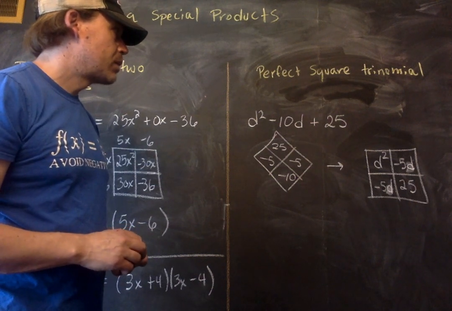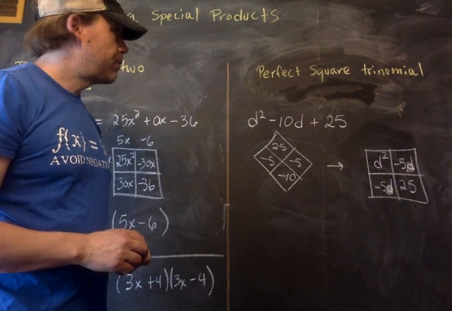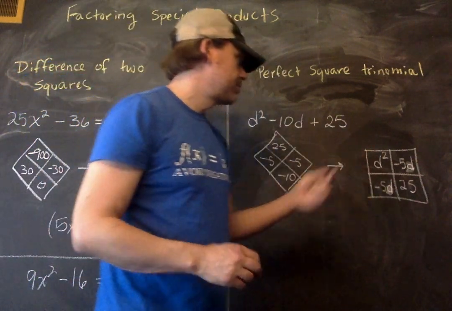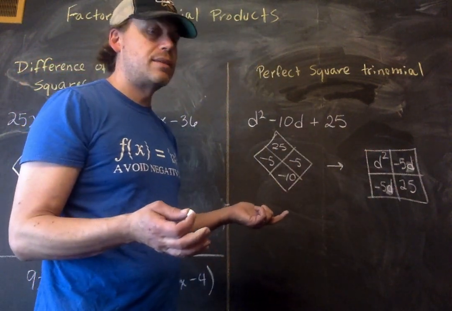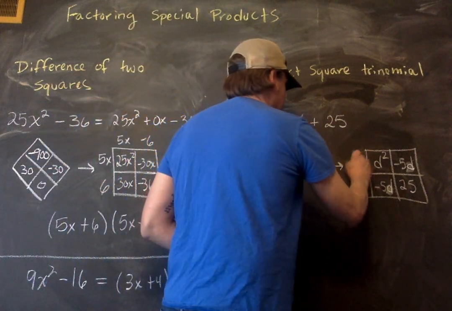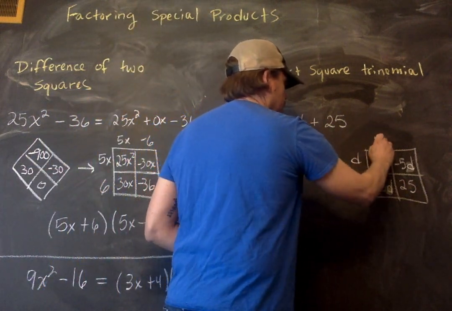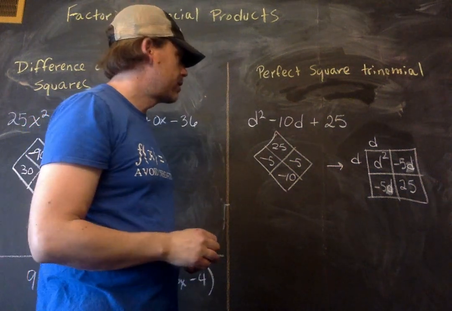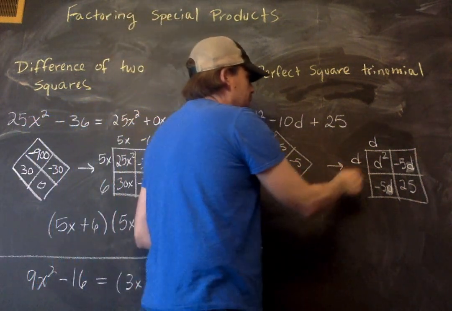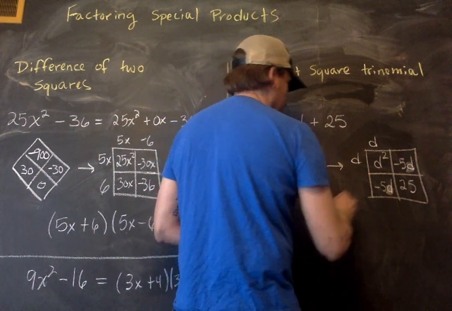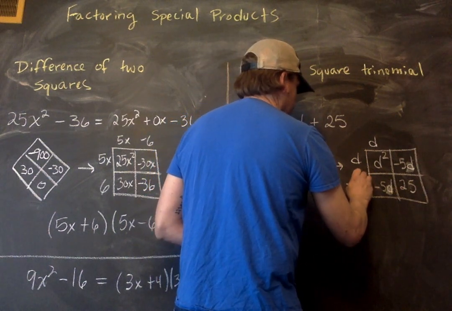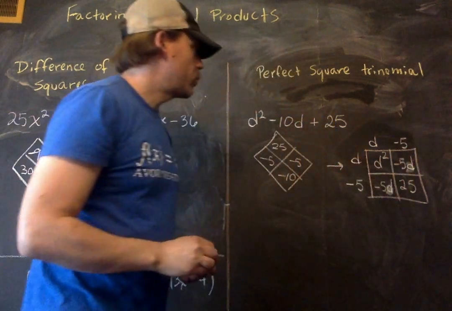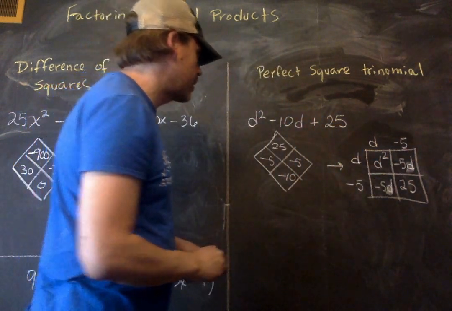Okay. I'm going to factor out a 5. Nope, I can't factor anything out. When I go this direction, I'm just going to put a d. I'm going to put a d here, and going up here, just a d. d times d is d squared. And then what number times d is negative 5d? It's going to be negative 5. Same up here, negative 5. So when I factor this, my final answer comes out to be